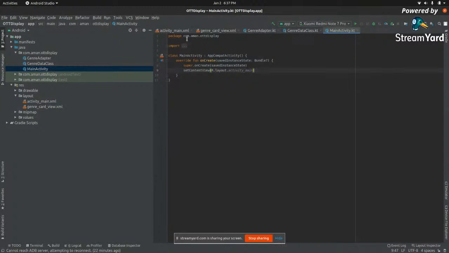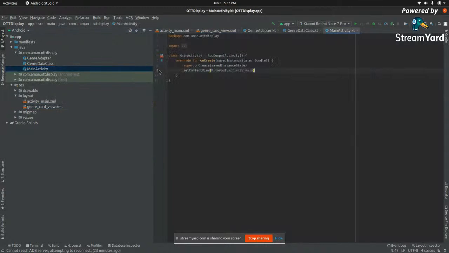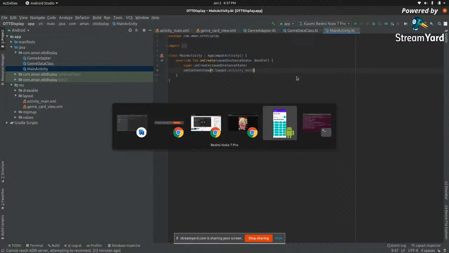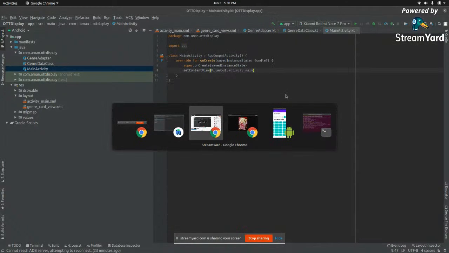Well, right, so till now we have created our card view that will be displayed in our recycler view, which is bound by our adapter, right. And yeah, so now we need data to show. Like in my app, I'm showing the genres, right, but I'm fetching all this data from the web. I have not saved this data into my app, so for that,